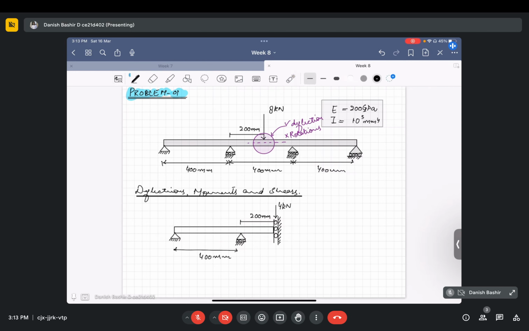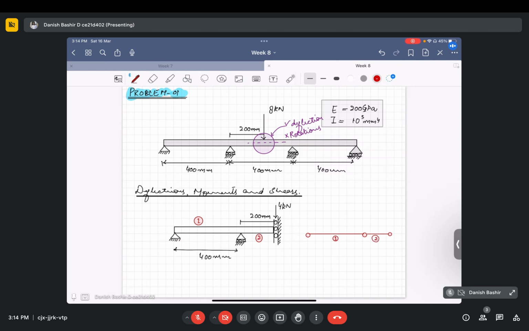So what I decided is that I can take this as element 1 and this as element 2. After this, the configuration looks like this. Sorry, this should not be square. This is element 1,